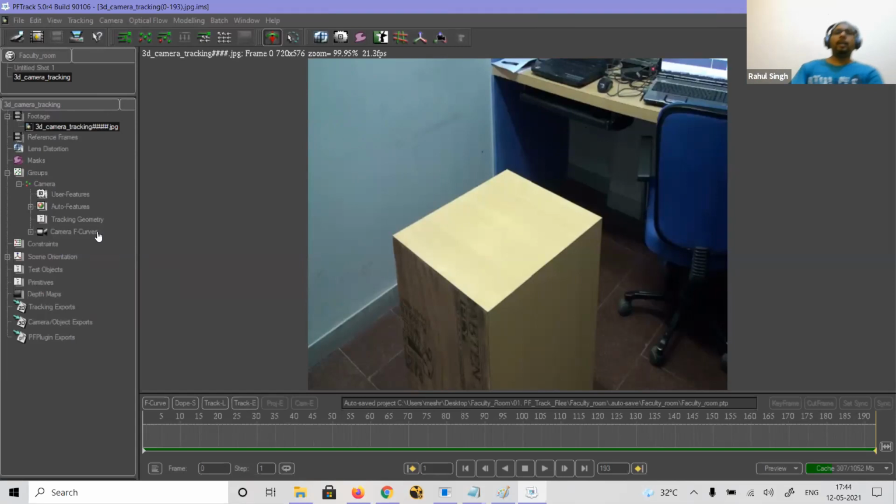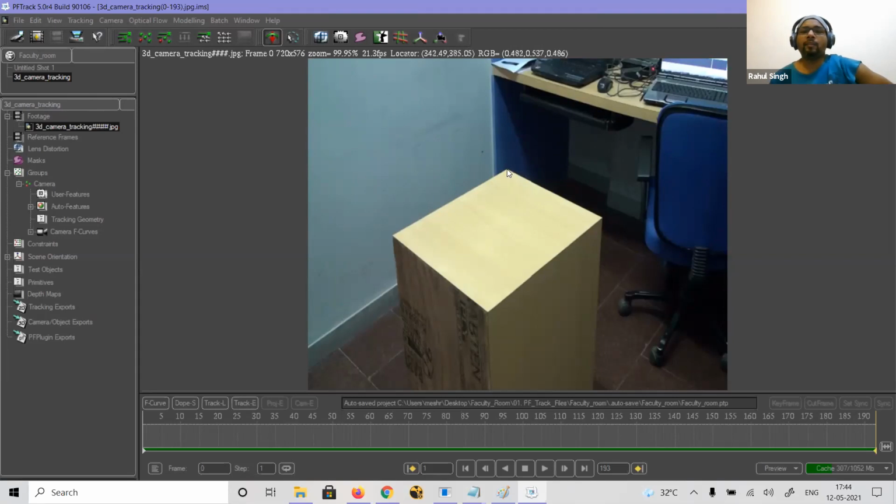Okay, so Alt A is the option for, sorry, hide and unhide the auto track. Now what I have to do is add a manual track point. We'll add manual track points to those places where I want to place the object. So my manual track points should have one from each background, right? I should have one here, one here, one here, one here, so that I can have depth also with the manual track points. So I want to place an object here.